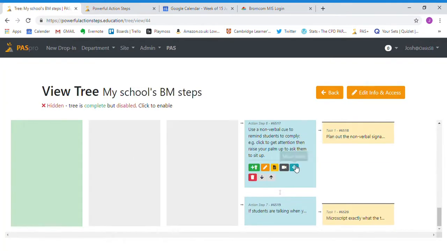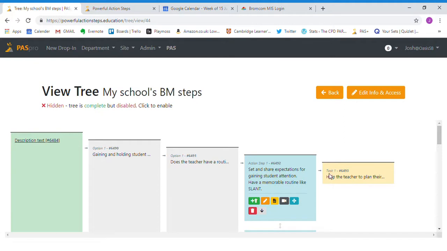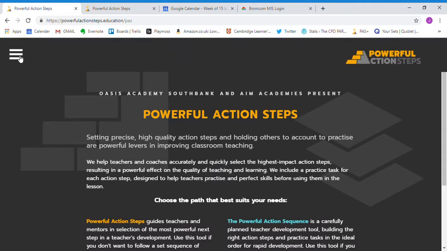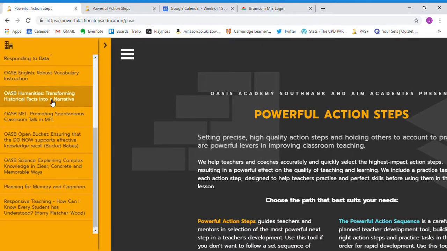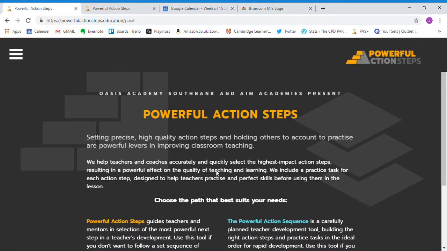Once I feel like I'm finished, that means that my whole tree needs to be complete. So all the decisions lead to action steps, which lead to practice tasks. It will say this tree is complete but disabled. If I click enable, the tree is live and able for my teachers to access it when they're coaching each other. The other place that it will then live for you is under your school's name steps, and you'll see all of the custom made trees that your school has used here. So that is how to